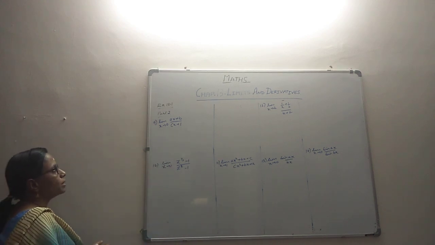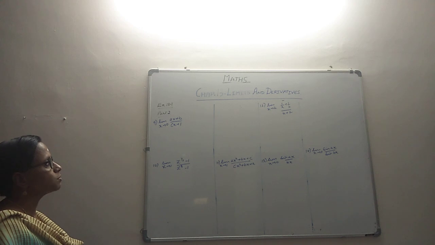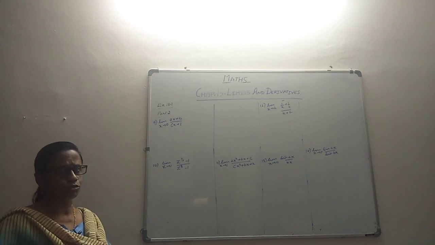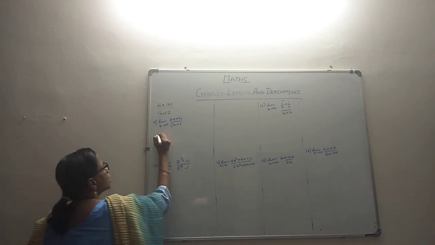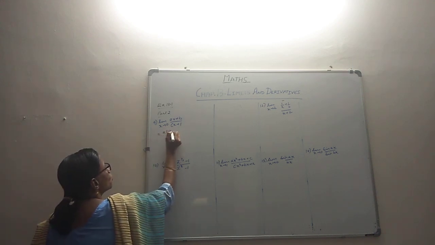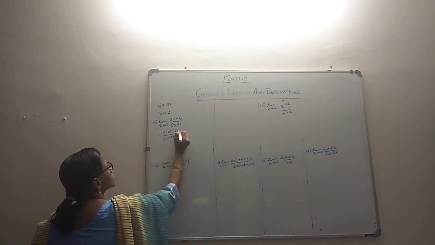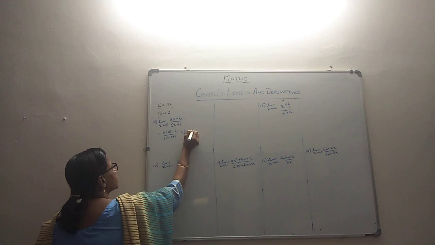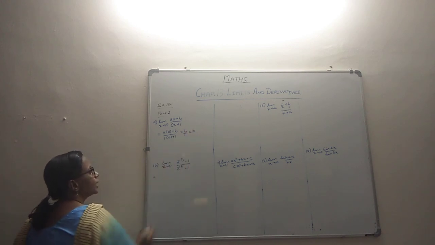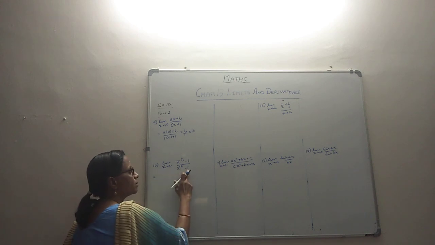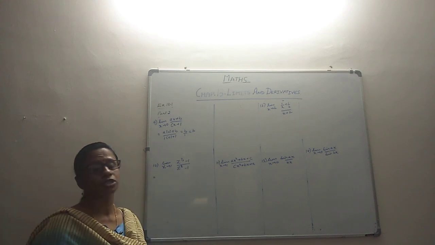This is our ninth problem, which says: limit as x tends to 0, (ax plus b) by (cx plus 1). It appears as though it is okay if we go in for a substitution. So let's try substitution. A into 0 plus b, c into 0 plus 1. So this is 0, this is 0. Answer is b by 1, b. That's fine, works good. Now this should not be okay. Substitution should not be okay because 1 minus 1 is 0. So we cannot go in for a substitution.